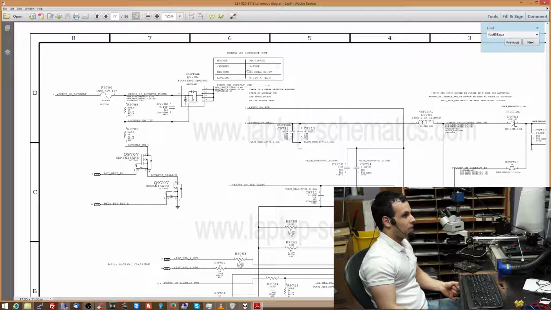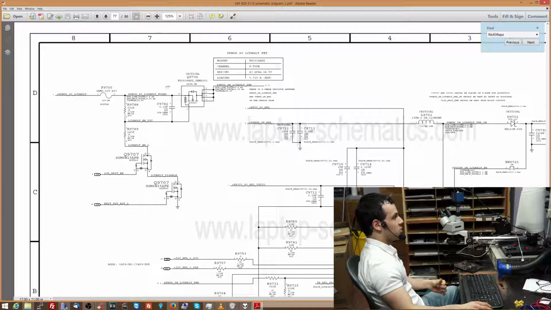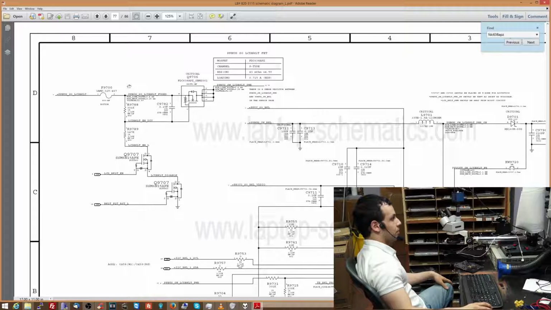Now, on to some practical applications of a transistor. Again, over here it's being used as a switch. The way this system works is you have a voltage divider here, which is taking the 12 volts and making it into a smaller voltage. But it's not actually going to work as a voltage divider unless the bottom of it gets to attach to ground. Now, what's going on in this circuit is that you have voltage going to the gate, and that voltage is going to be 12 volts. That's not going to allow the P-channel MOSFET to open, and therefore this 12-volt system rail is not going to be sent to the backlight rail over here, and this is never going to turn on, and you're never going to have a light in the screen.